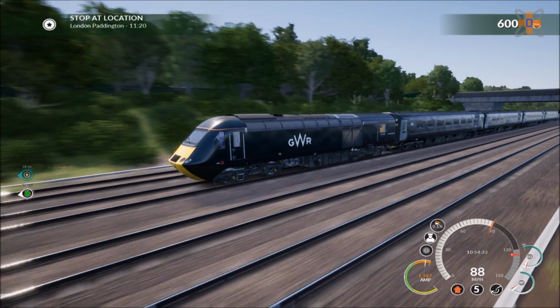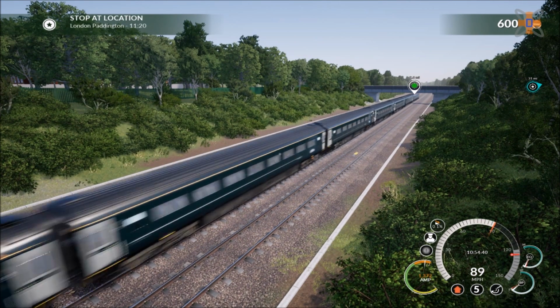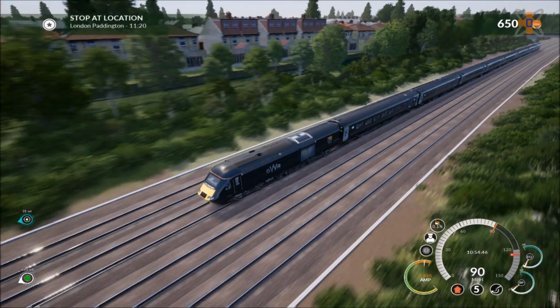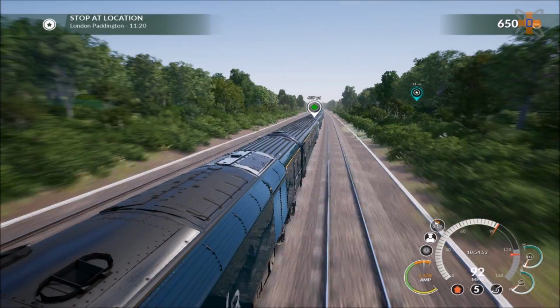Yeah, now at 87, 88 miles per hour, there goes our train. It's a full... Actually, I'm not sure how many cars. I think it's an 8 car, but I could be wrong. 1, 2, 3, 4, 5, 6, 7, 8, 9 car. I do apologise, it's a 9 car service. And yeah, it's at high speeds to